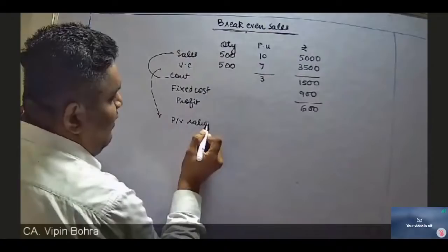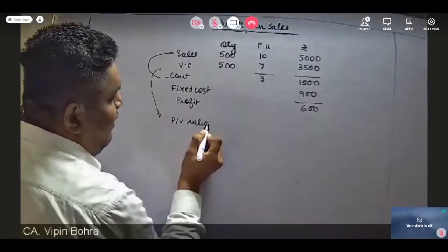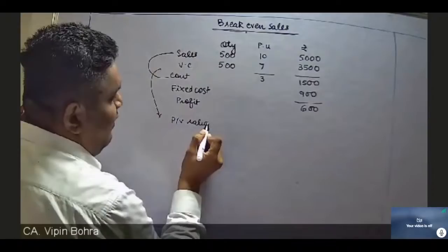Now, the same concept. In this scenario, you have to calculate break-even sales. So, how to calculate without the formula? Very simple, the same concept. At break-even sales, we want profit as 0. As discussed, the